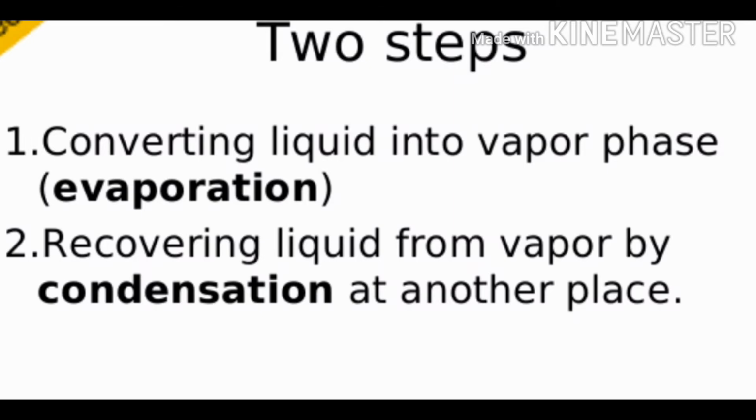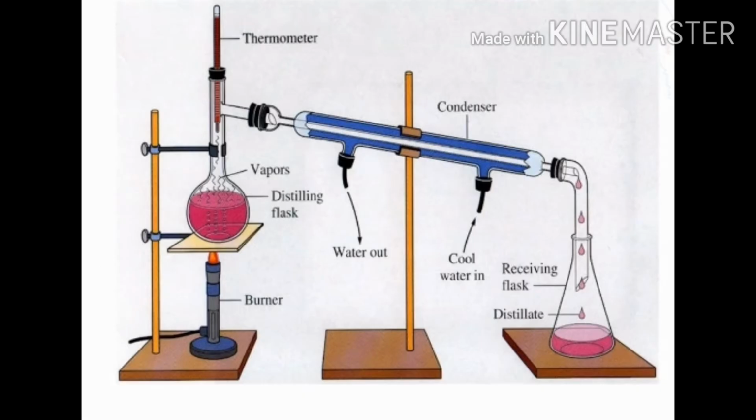Is it clear? So, distillation. In this method, a solution is heated in order to vaporize the liquid. The vapors of the liquid on cooling condense into pure liquid. Is it clear? For example, seawater. Seawater in many countries is converted into drinking water by way of distillation. This method is also used to separate two liquids whose boiling points differ by more than 25 Kelvin.